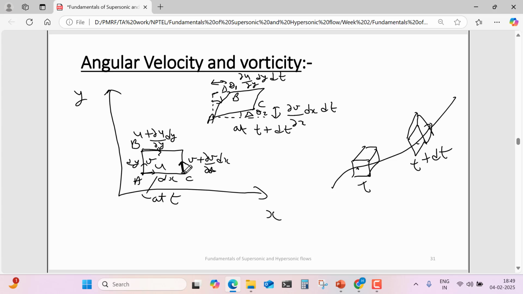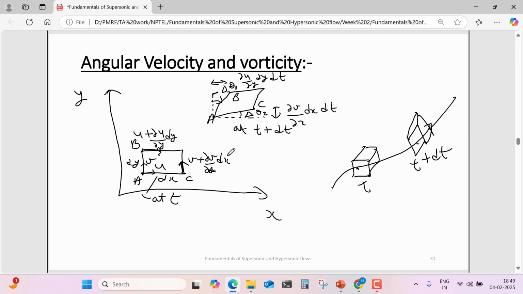At point C, its velocity will be given by v plus dou v by dou x dx, at time t. At time dt,